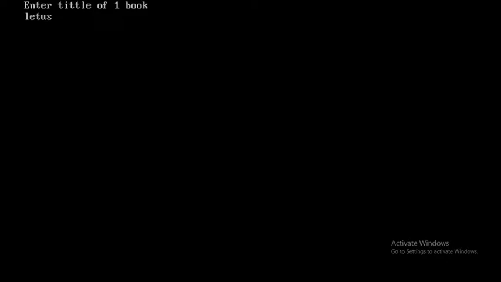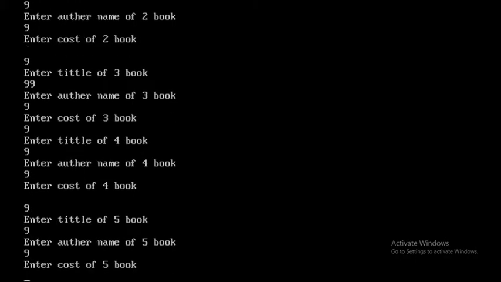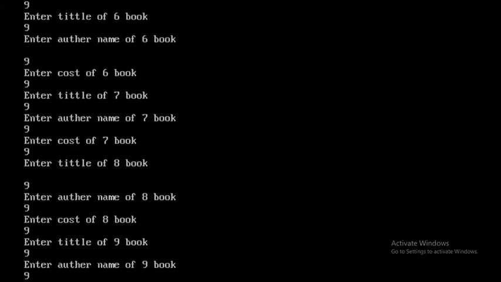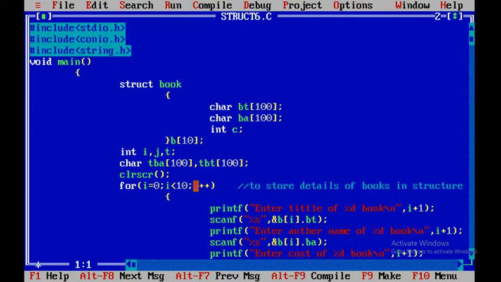Now this will ask the details of 10 books because we iterate the for loop 10 times. So we will just reduce that count. For simplicity, instead of taking array size as 10, we'll take array size as 4. If we take array size as 4, then in the for loop also we have to write 4,